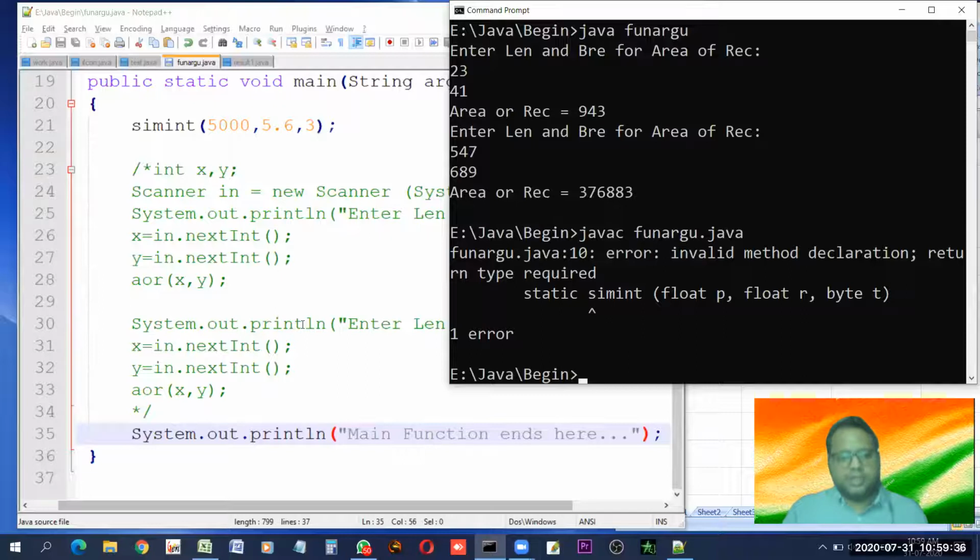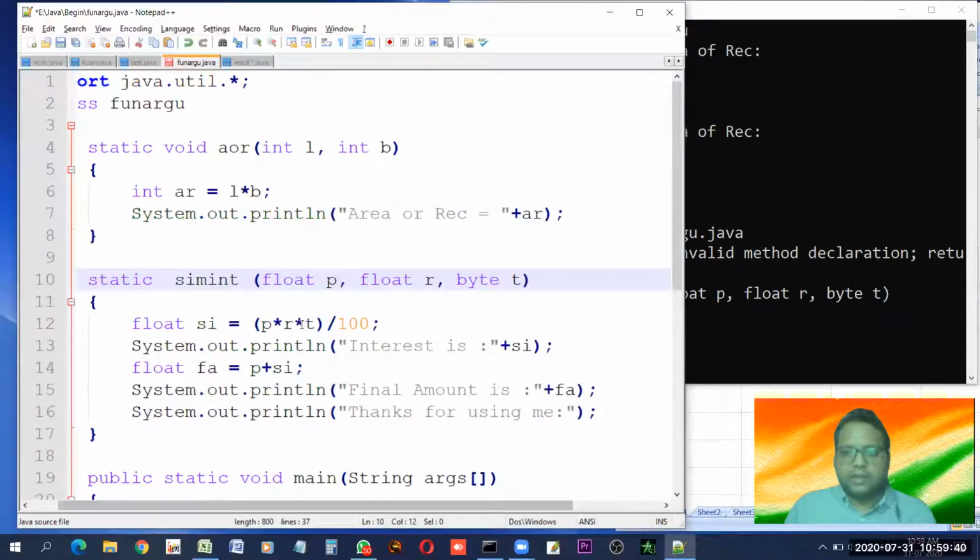Return type is needed. So what is return? We'll discuss in the next few classes. But right now, void needs to be there, meaning no return. Void was left. If you don't put it, this will tell you this. Now save it. Now compile it again.